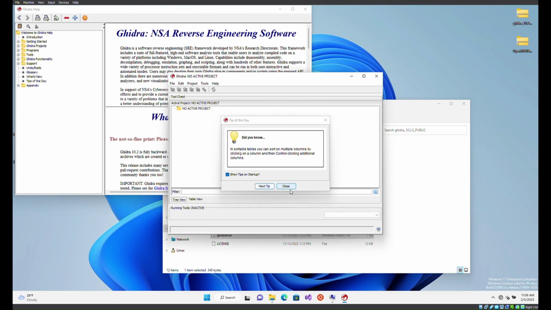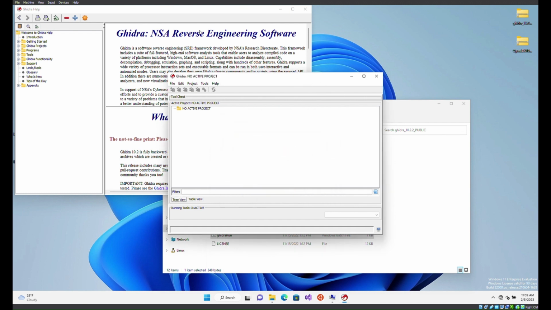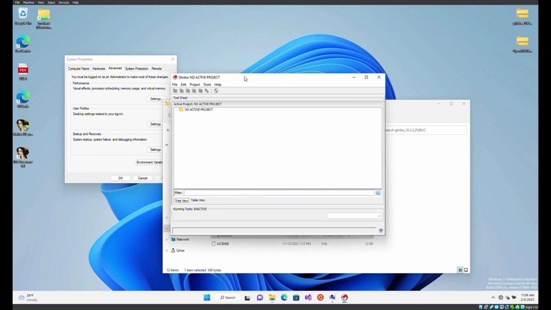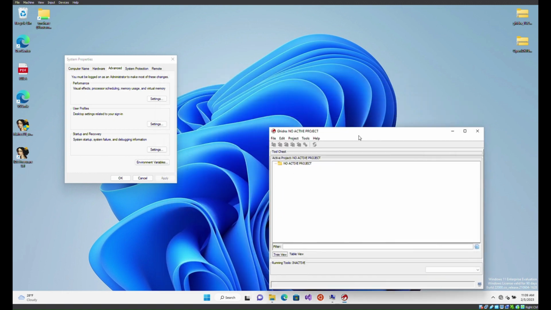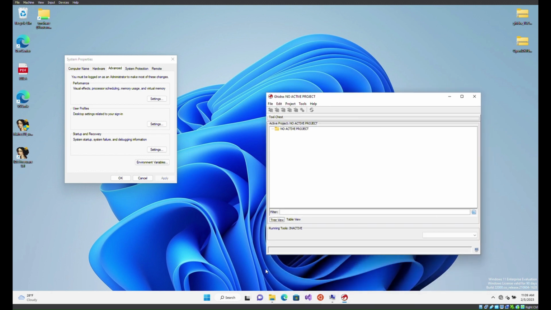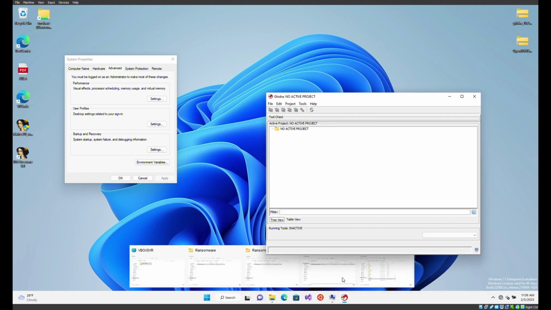There is a really quick way for you to do that. As I said, it's on my GitHub page. I'm happy to show you a really quick win way of making Ghidra look like mine without having to install the dark mode. And that is by going to my GitHub page and finding the